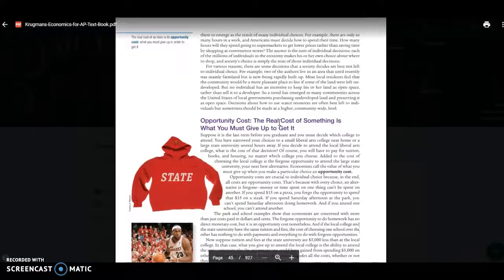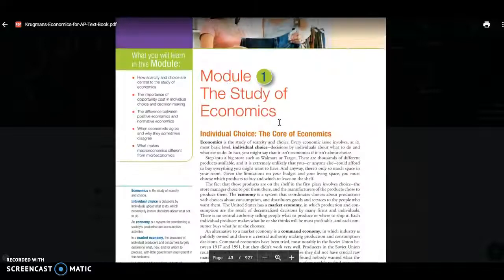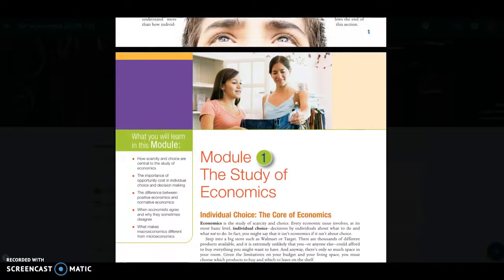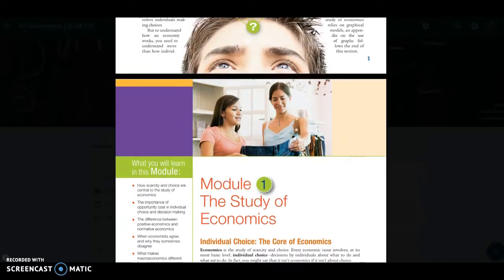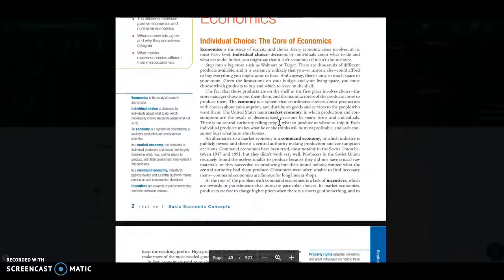And Module 1 just introduces you to economics, some of the most important concepts of economics. It talks about resources and the idea of scarcity, trade-offs, and opportunity cost. These terms are going to come up over and over and over again. So as you read, what I'd like you to really focus on is